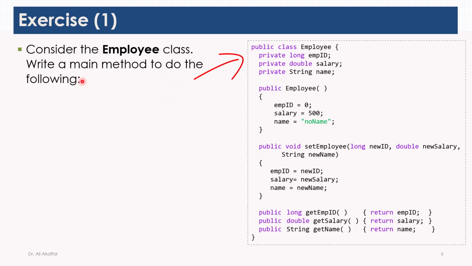Consider the employee class, which is defined here. As you notice, it has 3 private data members. The first one is long for the ID, the second is double for the salary, and the third is a string for the name. It has one default constructor that initializes employee ID to 0, salary to 500, and name